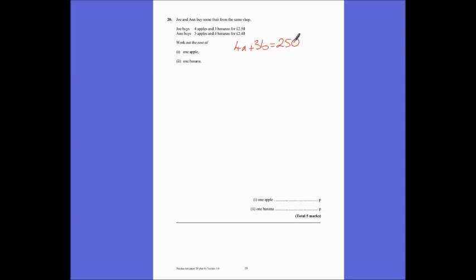I'm going to get rid of the decimal, so 250p. The answer is also in pence, so it's better to put it into pence now. Or 3 apples and 4 bananas equal 240p. Now, we need to multiply these up to get the same amount of apples or bananas. So I'm going to times this one by 4 and times this one by 3, because that will give us